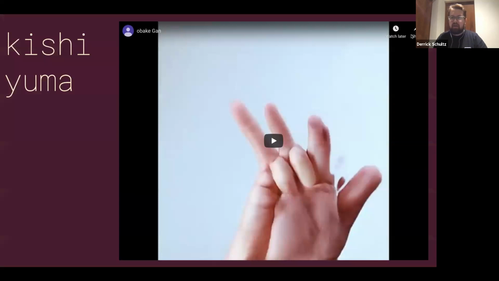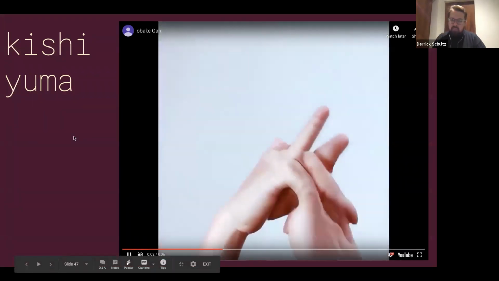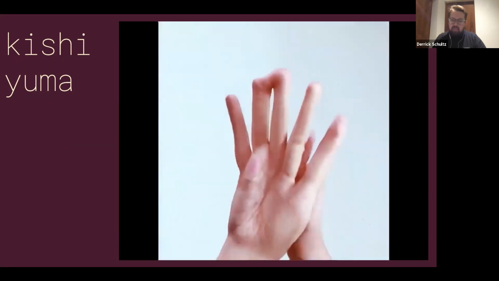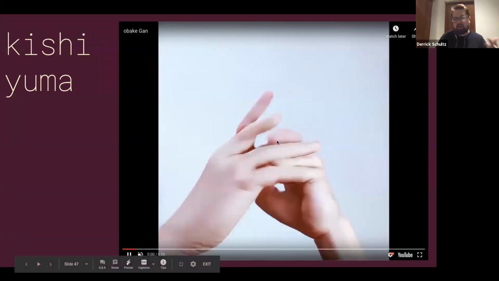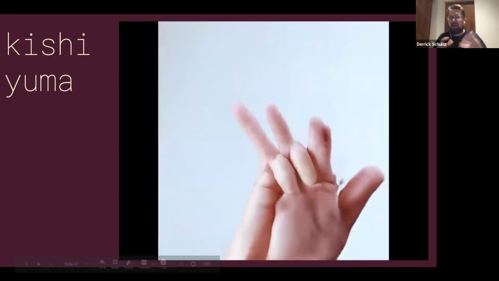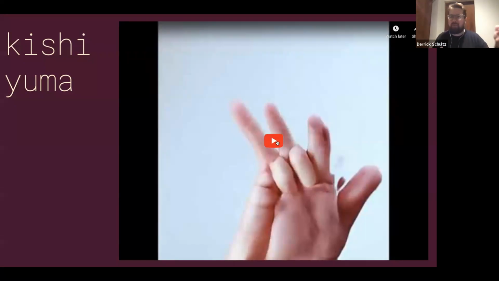So now I'm gonna jump into some artwork. This is artwork by a Japanese artist called Kishi Yuma. This is an example of, I think, essentially a very short video that he then broke into frames and trained the model on. And you'll see here that what's really interesting is you can still sort of tell their hands, but there's a lot of distortions in it, right? And there's a lot of weirdness going on. But I also think it's pretty amazing. It's still human in a way that those faces are meant to be, but it's also pretty artistic and showing a place where there's a gap in the way that this model can learn while still making really interesting imagery.